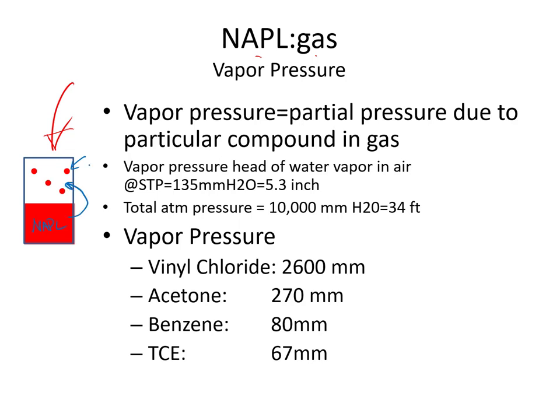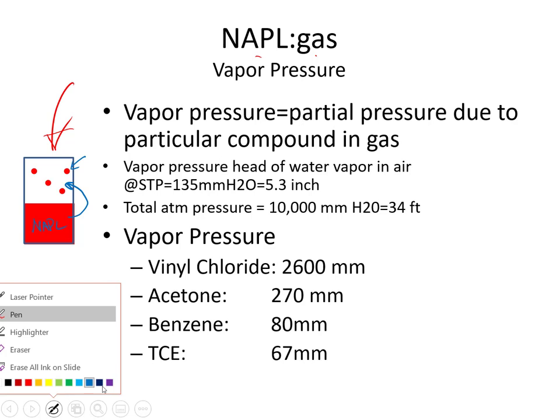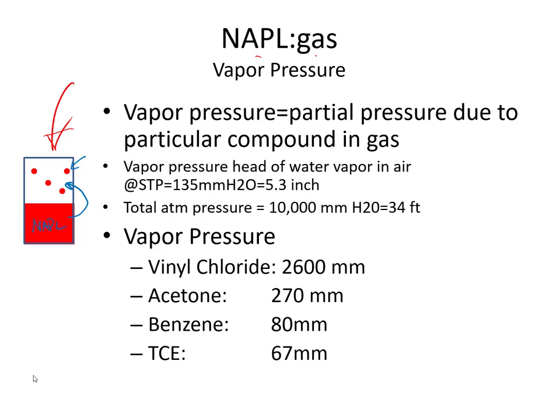If we just let this vial sit and equilibrate, then the concentration of the compounds up in the headspace will equilibrate out. And the way we're going to describe that is using the vapor pressure of the compound that is forming the NAPL, the vapor pressure in equilibrium with the NAPL. Now, vapor pressure, what this means is this is the partial pressure due to the particular compound. And the way to think about that is if we have